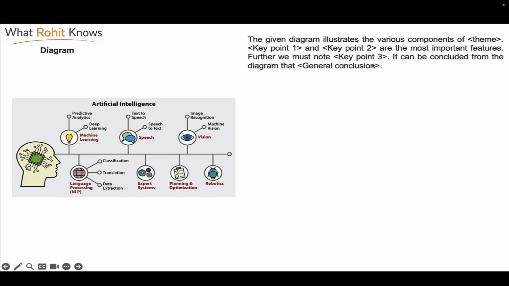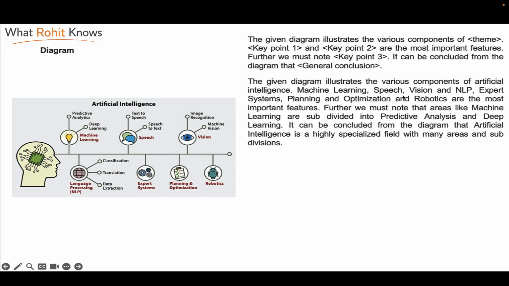Further, we must note key point 3 and then cover another key point. And finally, a conclusion. Here's an example. The given diagram illustrates the various components of artificial intelligence. Then we have to do this key point 1 and key point 2. So we say machine learning, speech, vision, and NLP, expert systems, planning and optimization, and robotics are the most important features. They are highlighted. Further, we must note that areas like